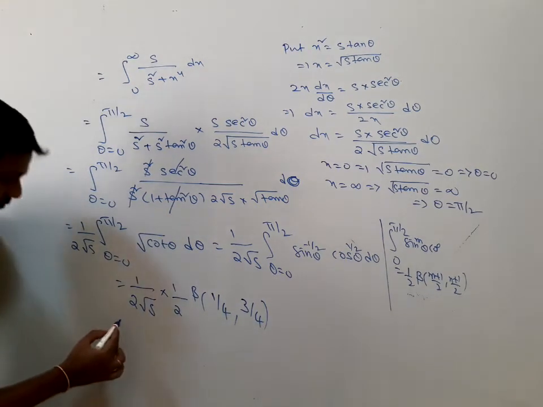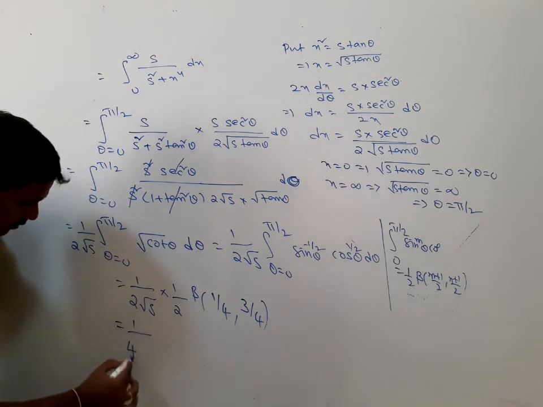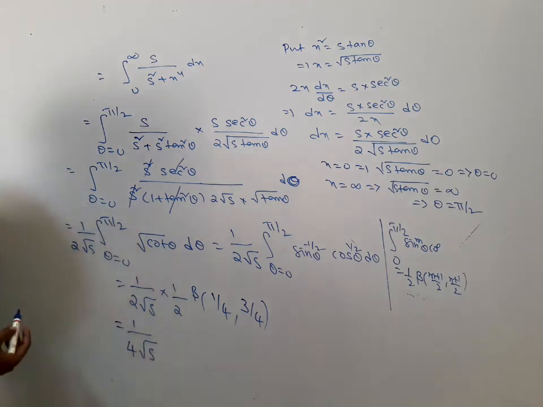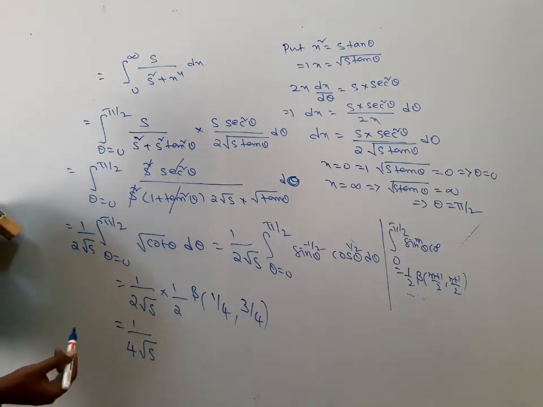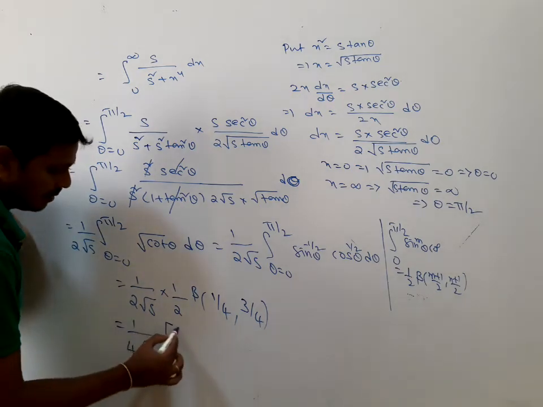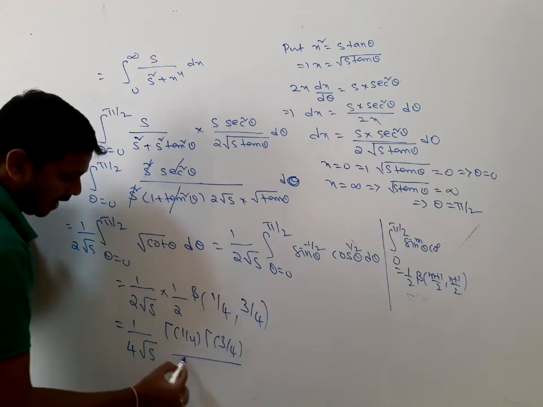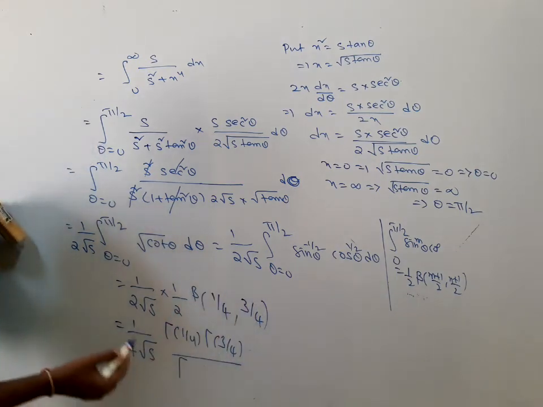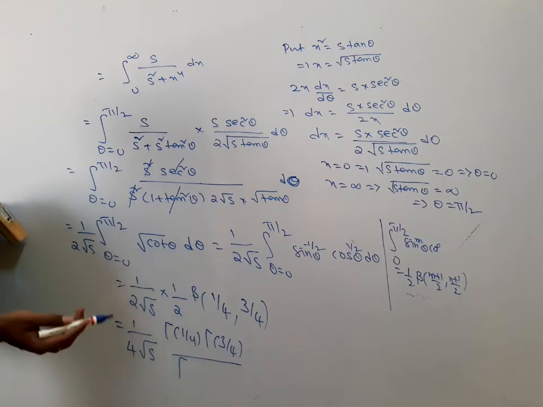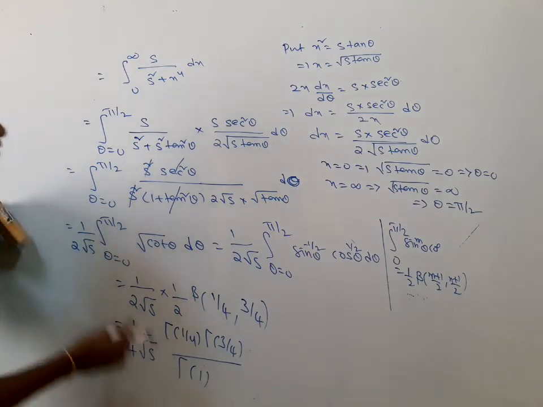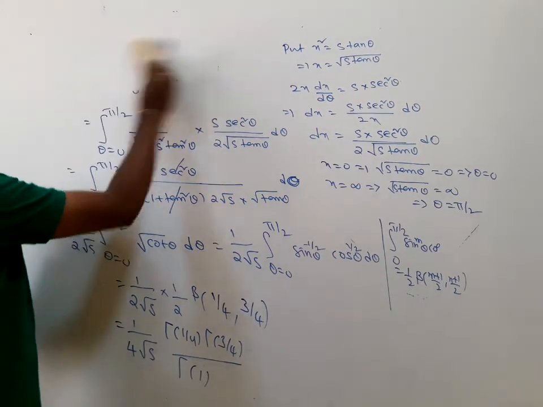Which is 1 by 4 root s beta of m comma n, which equals gamma m gamma n divided by gamma of m plus n, so gamma 1 by 4, gamma 3 by 4 divided by gamma of 1 plus m plus n; 1 by 4 plus 3 by 4 is 4 by 4, it is nothing but gamma of 1. Now continuation,